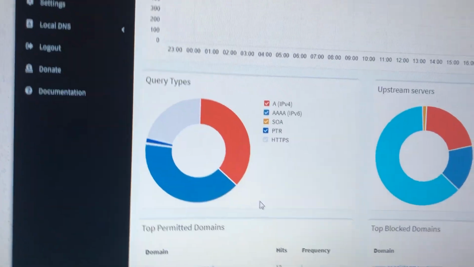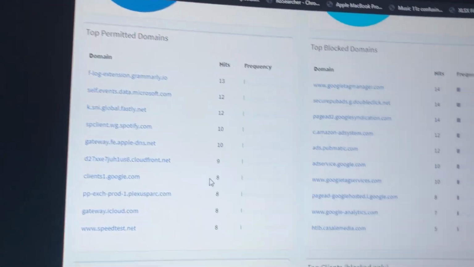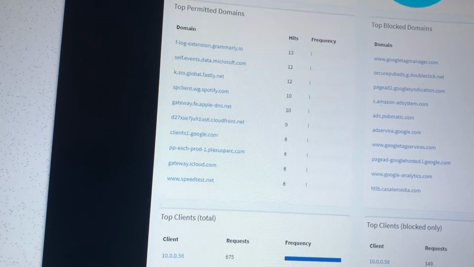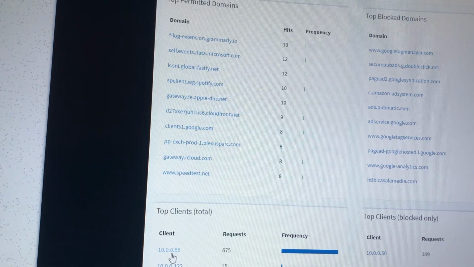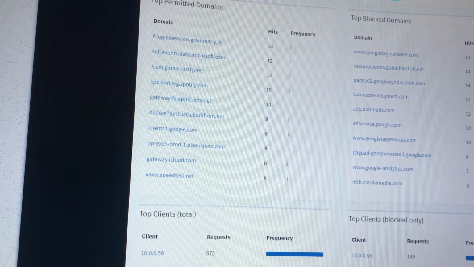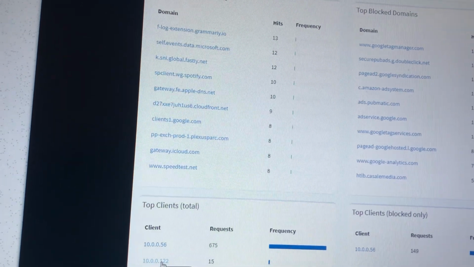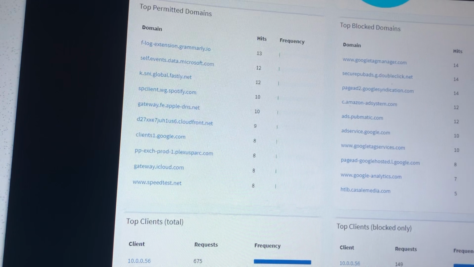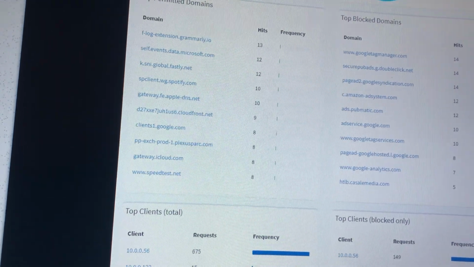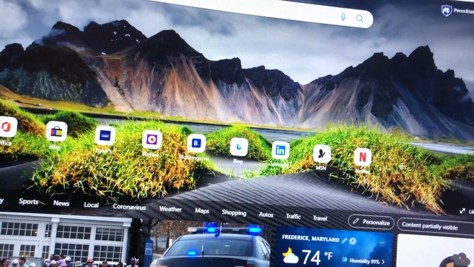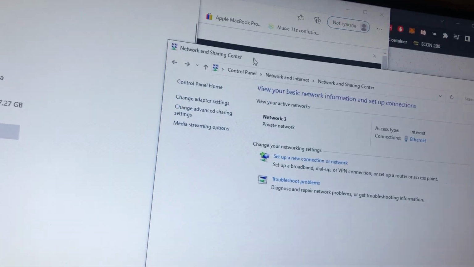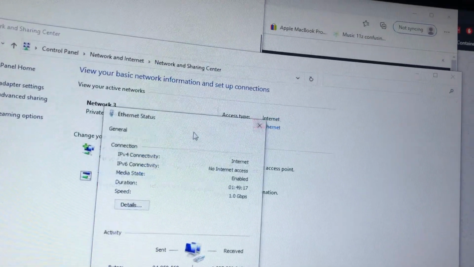We can now get a nice breakdown of all of the ads that are being blocked, and we can sort of see what clients are being used right now. So 10.56, that might be my MacBook, and this 10.122 might be my computer over here. I don't actually know. I think it's very quick. It won't take long to figure out because all I really need to do is